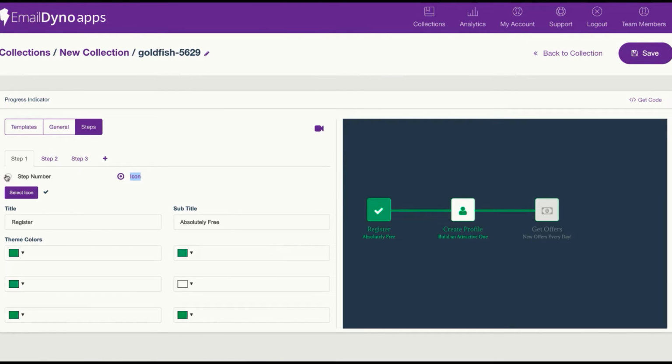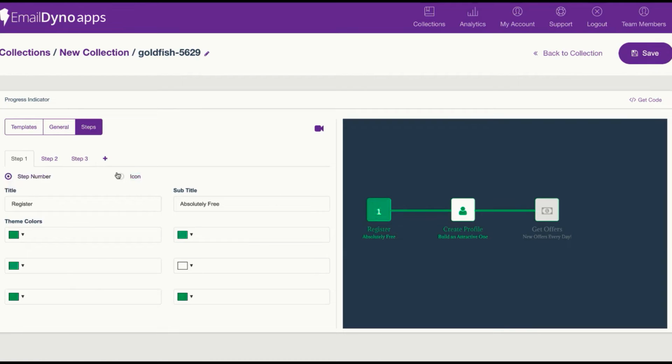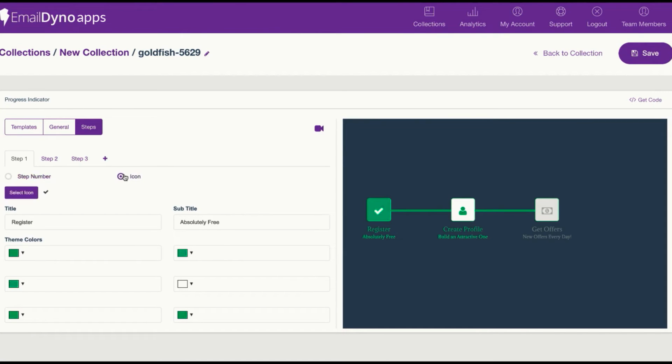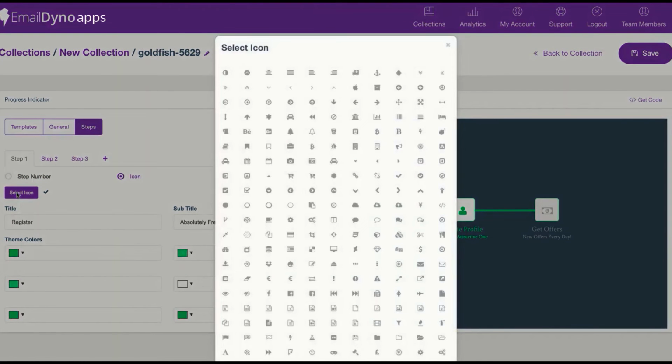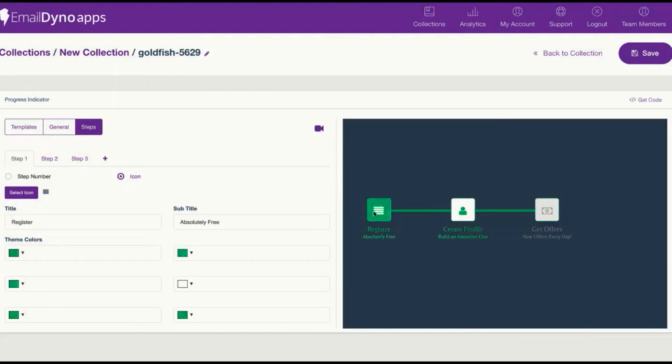In each step, first, you will have to decide between number and icon in the progress steps. If you choose an icon, you have to select the icon by clicking the Select Icon button and choosing the icon for your progress step. In the second step, you can write the title and subtitle for your step, and you can also change the